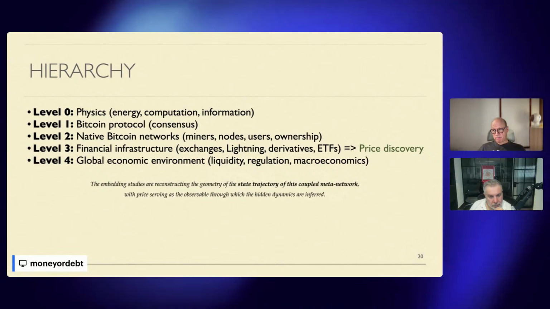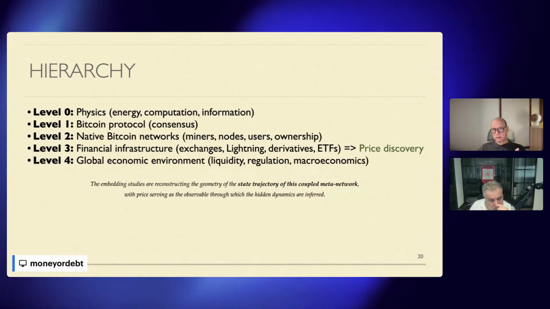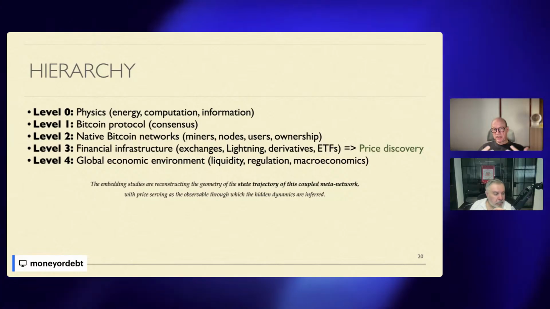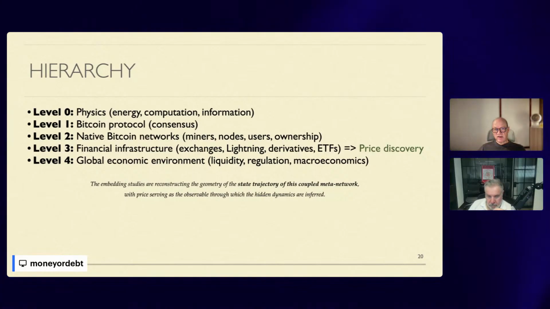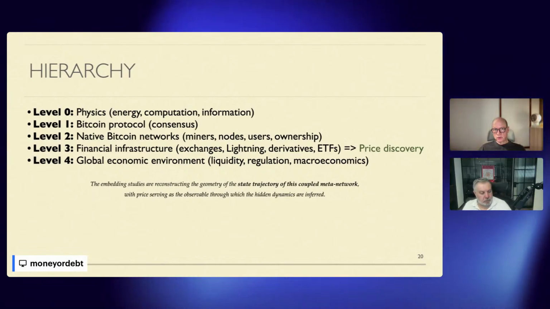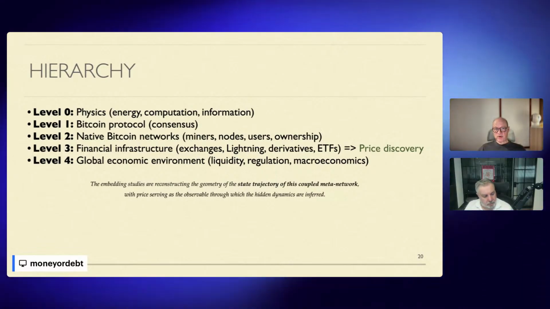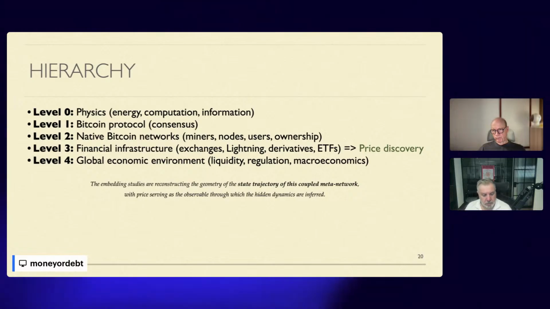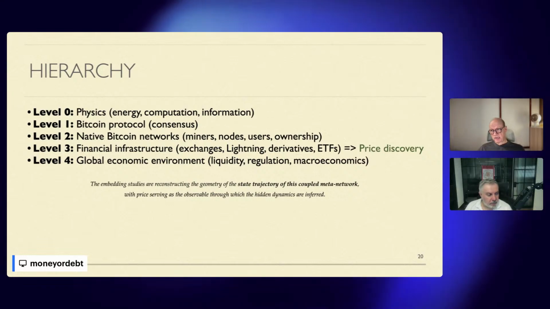And that provides the basis for game theoretical equilibrium and solving the double spending problem and arriving at consensus. And then you develop Bitcoin networks with miners and nodes and users and ownership. And then later comes financial infrastructure and exchanges, and more recently derivatives and ETFs, and those things give you price